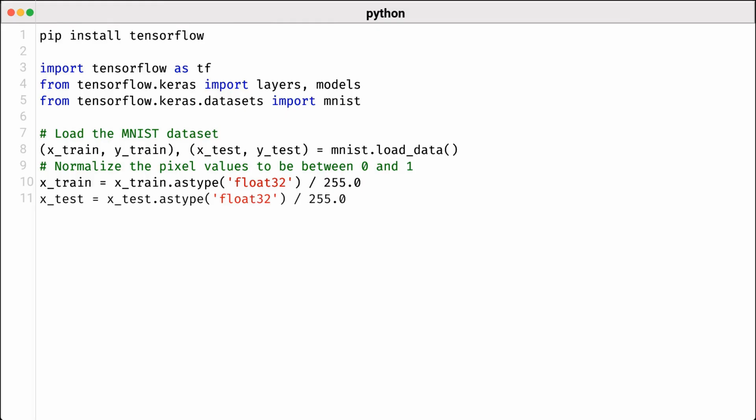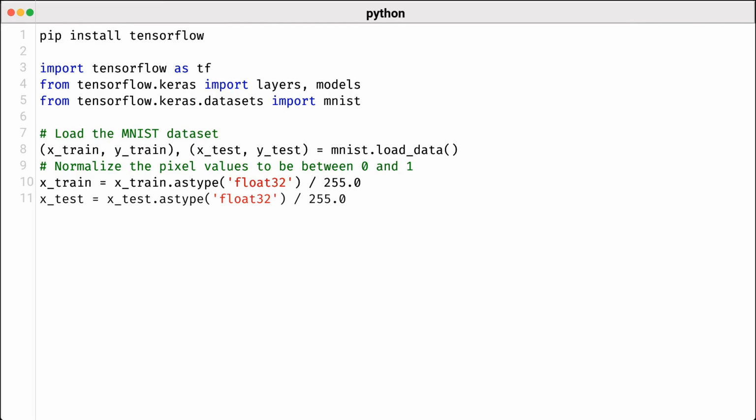Plus, we can't forget about the MNIST dataset, which contains images of handwritten digits and is conveniently split into training and testing sets. So after we've got all the necessary libraries imported, it's time to load up the MNIST dataset. This will give us the training and testing data we need. Now, it's crucial that we normalize the pixel values of these images to a range between 0 and 1. Why, you ask? Well, normalizing helps improve the efficiency of our model during training and allows it to converge faster, which is vital for effective learning. By converting our data to float32 and dividing by 255.0, we're ensuring that those values are in an optimal format